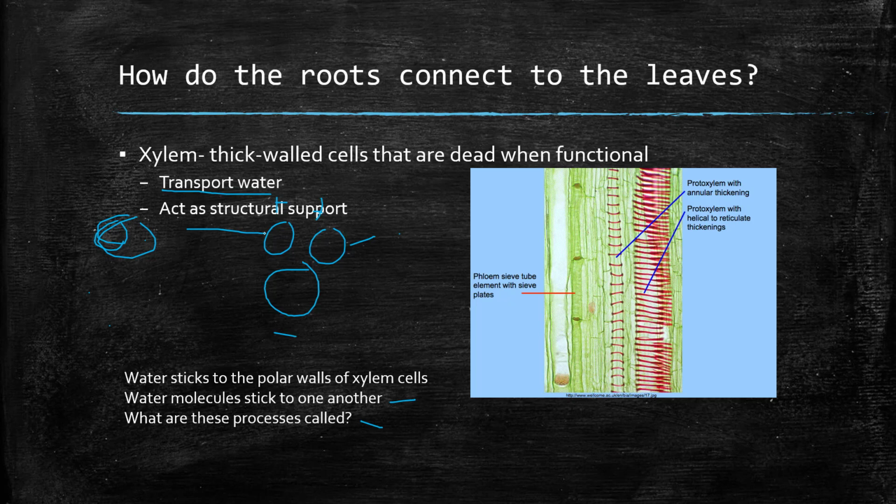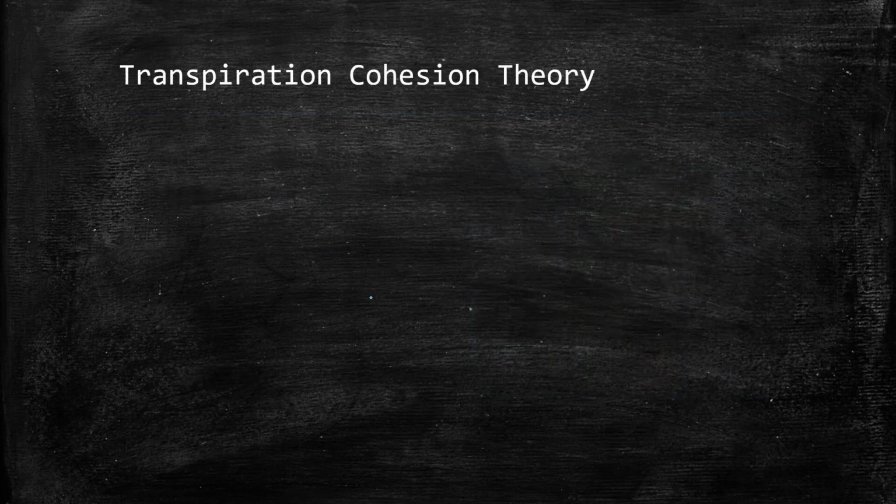In fact, wood is a whole bunch of xylem. Wood is xylem in a tree. And this is kind of covered up, but it has lignin in its cell walls, not just cellulose, but lignin as well a lot of times, which gives it extra strength. It's like adding rebar to concrete. Okay? Now,